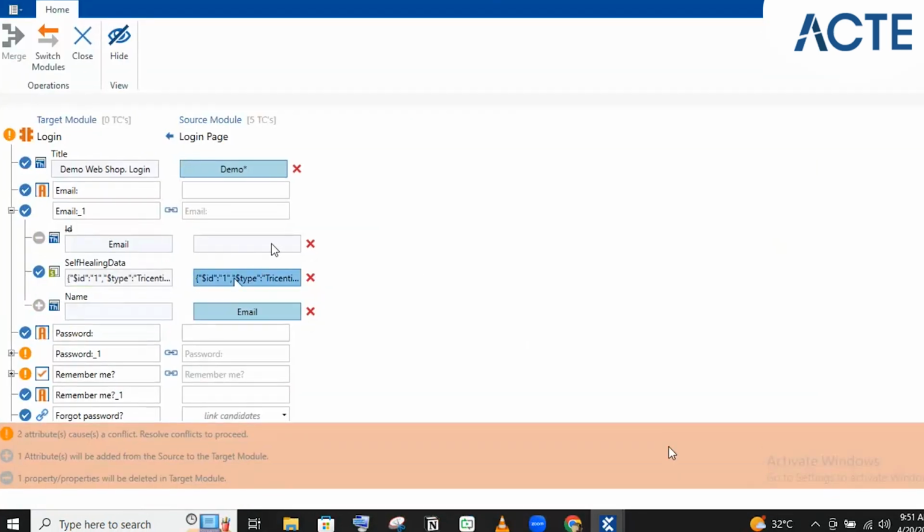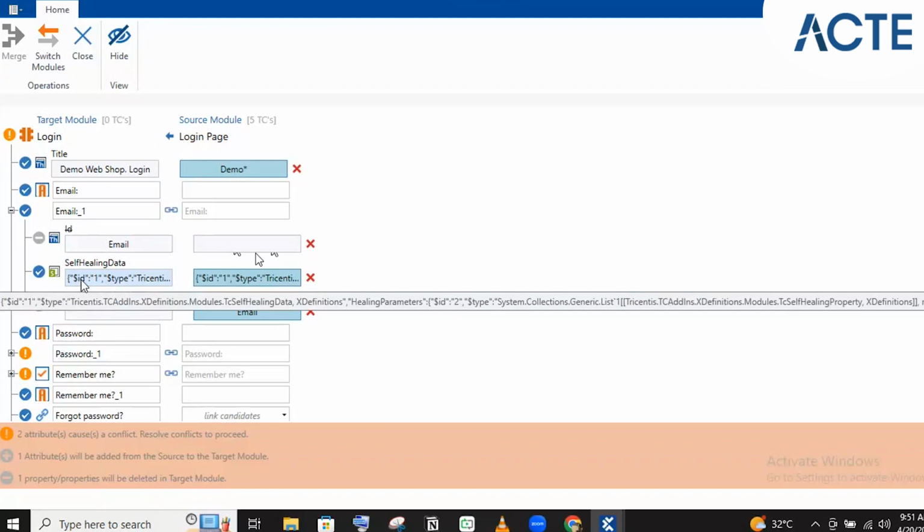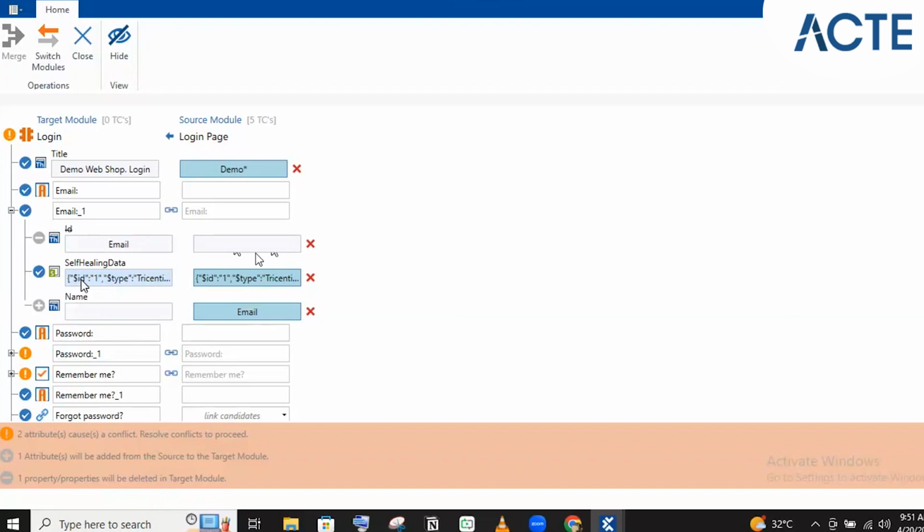Okay, so for the ID property, I'm selecting the empty box, which means I don't need that property in my merged one. So self-healing data. There is one option in Tosca called self-healing property, which helps us when, for example, there are some changes in the control that we have scanned, and there are some changes in the property. At that time the self-healing data will try to set it up, which means while running the test case,